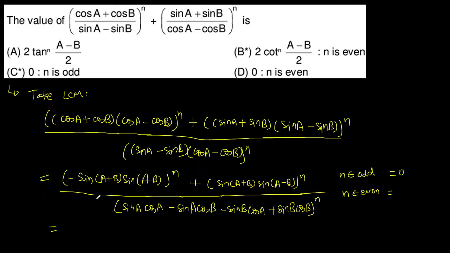और अगर even हुआ, when n is even, हम लोग इस पे काम कर रहे हैं, तो ये 2 sin(A+B), sin(A−B), ये sin A cos A, sin B cos B, sin A cos A, cos A sin B, तो ये sin(A−B) हो गया।